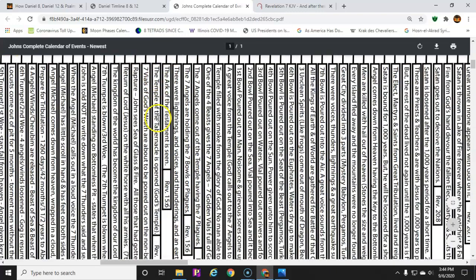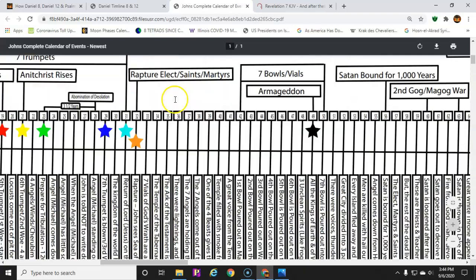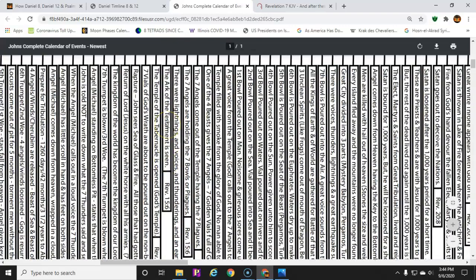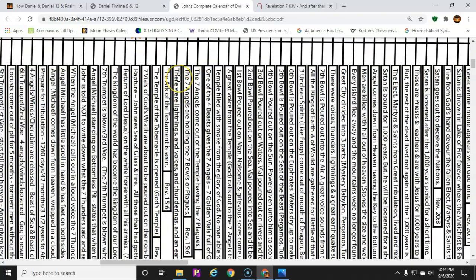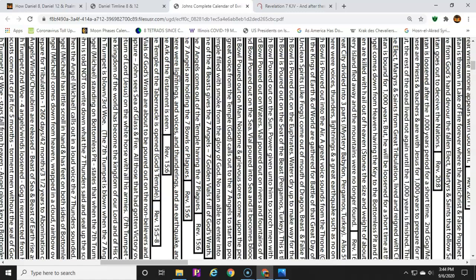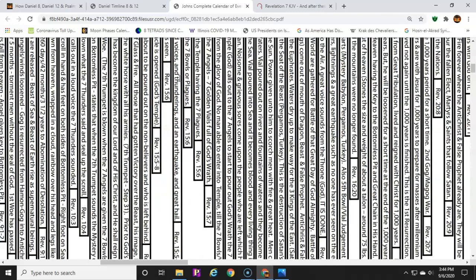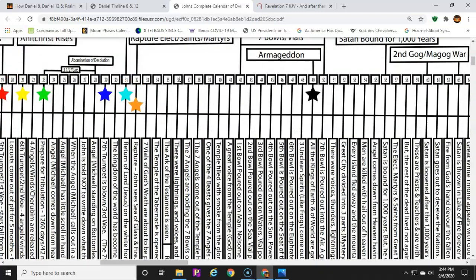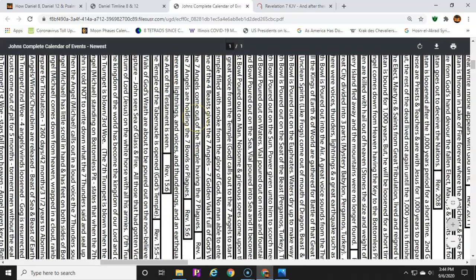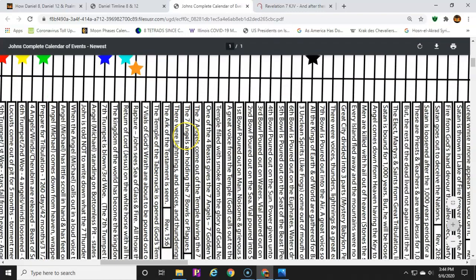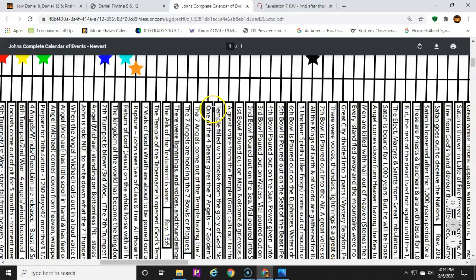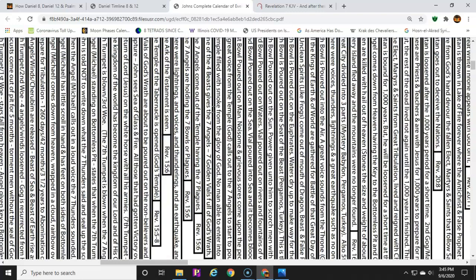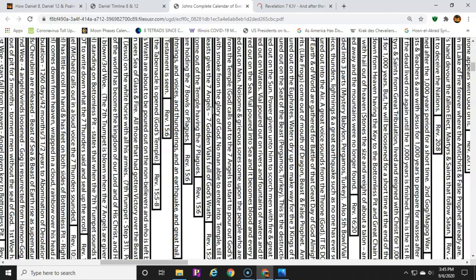Step 34, the temple of the tabernacle is opened. Step 35, we see the Ark of the Testament. Step 36, there are lightnings and voices and thunderings and earthquakes and all kinds of stuff, great hail. There's this build up to the start of the bowls. We're seeing the 7 bowls being held by the 7 angels. The 7 angels come out of the temple with the 7 plagues. One of the 4 beasts gives the 7 angels the 7 bowls.